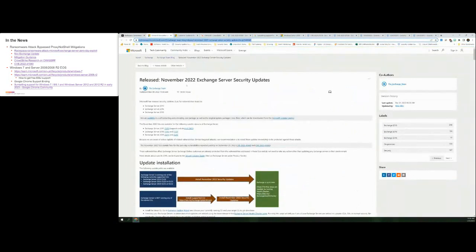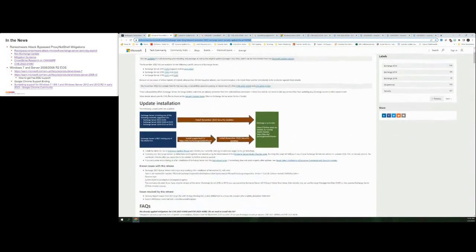So here in the links, the November Exchange update talks about the Exchange update that occurred, the different branches and everything like that. But down in the FAQ, it talked about the CVEs involved. The ProxyNotShell attack that had occurred was a combination of chaining CVE-2022-41040 and CVE-2022-41082. That was the attack combination that was used originally, and what the mitigation was focused on was preventing the methods that were used to target 41040.